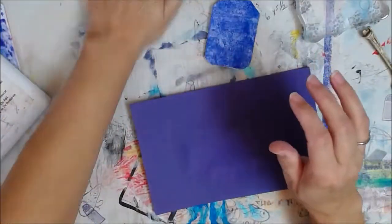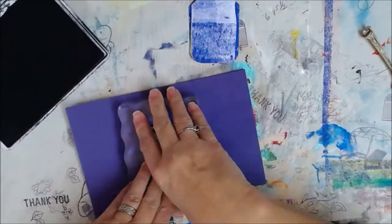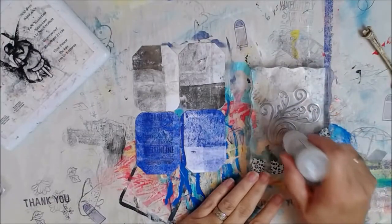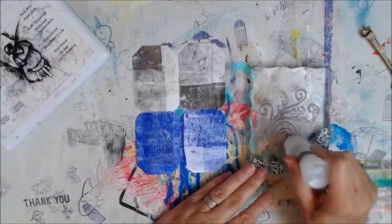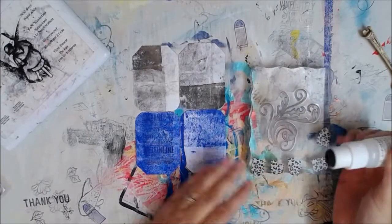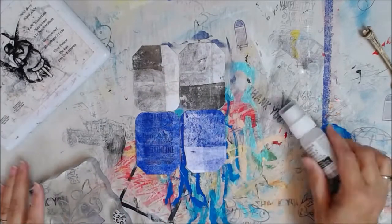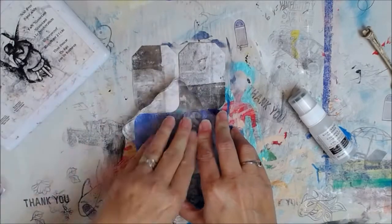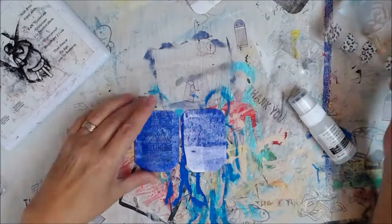And then on the other side, I'm going to add some heat embossing flourishes. Well, I tried to stamp that one, but you can't read the darn thing. So, just whatever. I'm getting out some sticky inky glue, and then I'm going to switch to a glue pad. I don't know if I show you that part because I pretty much treat all the tags the same way. I'm just going to put the embossing glue ink on the tags, and I'm going to sprinkle some holographic embossing